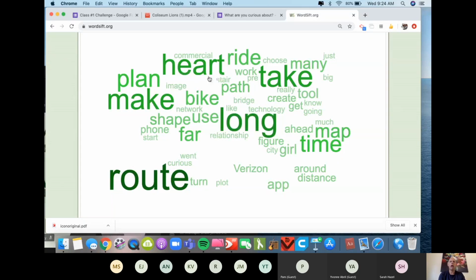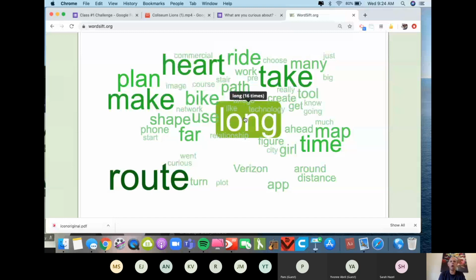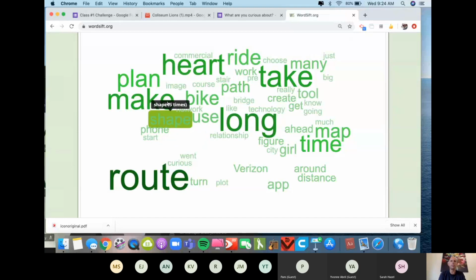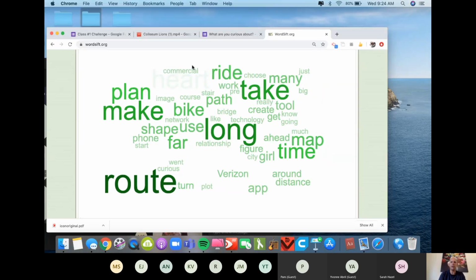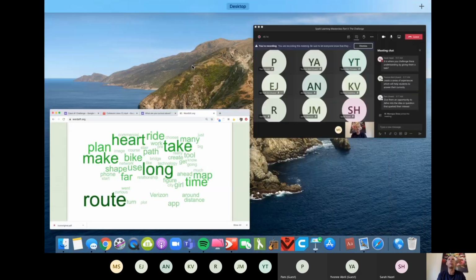How long, how far was that? Now, there's a lot of other questions. Students are curious about what application the person used. But as you see here, the most common questions had to do with things related to length. How long or far did it take to make the heart, right? So I can ask students that, and then what we have here is this question, how far did he ride?